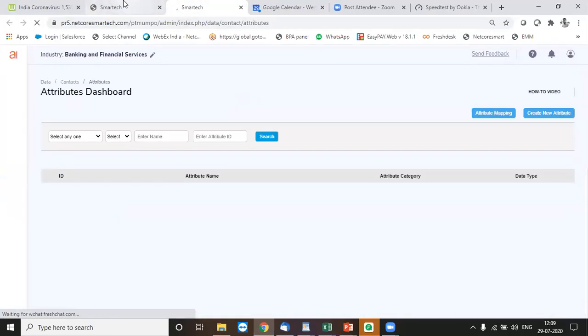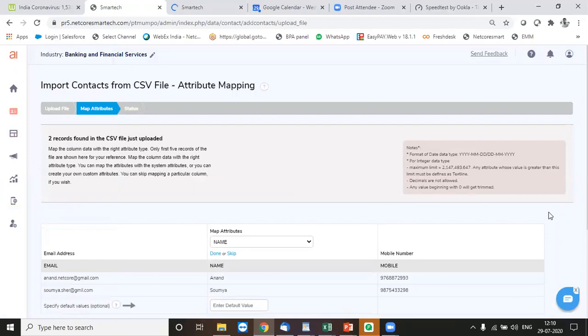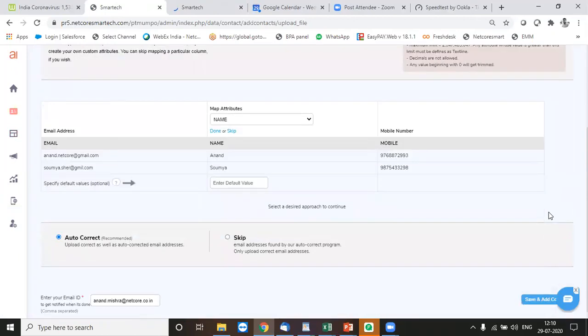If you come to this page and it is already defined once, it will just show it like this. I have already defined name, so it is showing me in this way. If I'm not using a defined attribute and I'm adding directly into the system, it will give me an option to create new on this page.